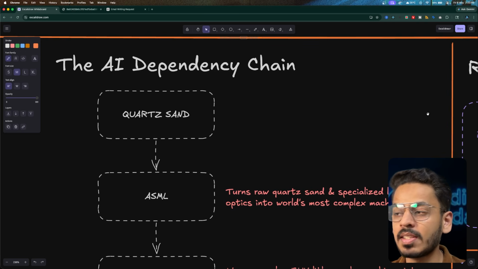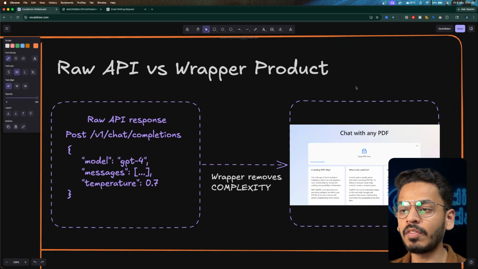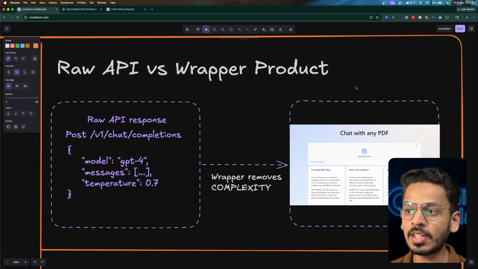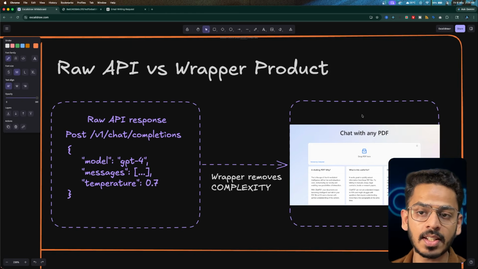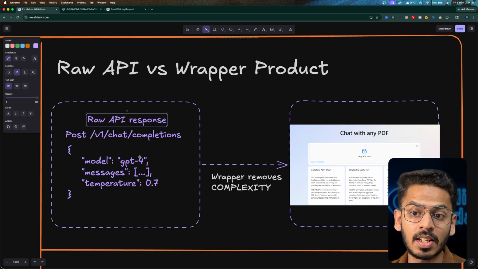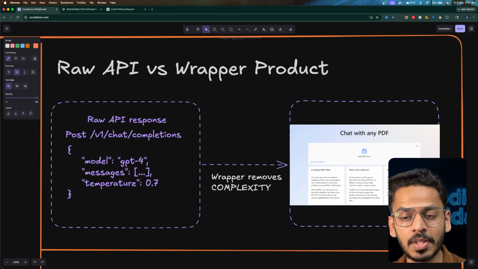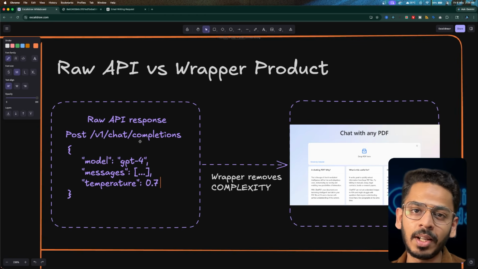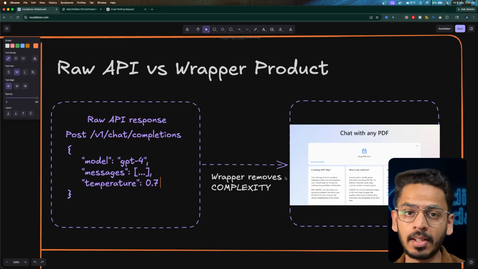Let's give you a very simple example. What is the need of wrappers from a developer point of view? Let's consider you are a developer. Which one of these things would you like? Obviously, you would go for the second one where you have a good UI, you can interact with the UI and get the response. Now, the same thing happens here if you have a very raw response in a JSON format. Usually, this is not the case. We have a lot more responses in key-object value pairs, and it looks very bad from a developer point of view, right? What a wrapper does here is it removes the complexity.